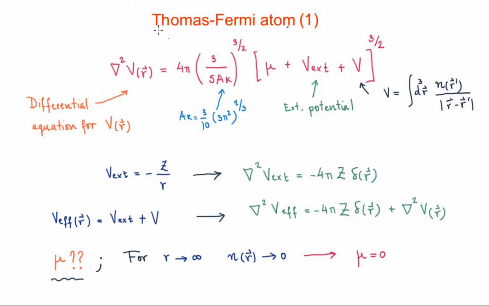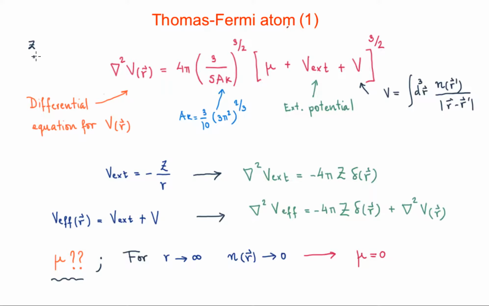We are going to describe the Thomas Fermi atom, which basically means we are going to apply the Thomas Fermi equations we already derived, obtained within the Thomas Fermi model. And in this case, the external potential we are going to consider is the external potential associated to the charge density corresponding to a nucleus of charge Z